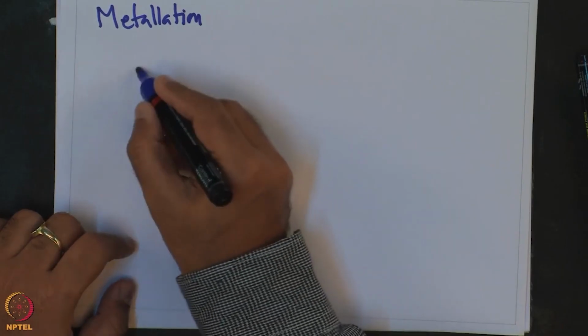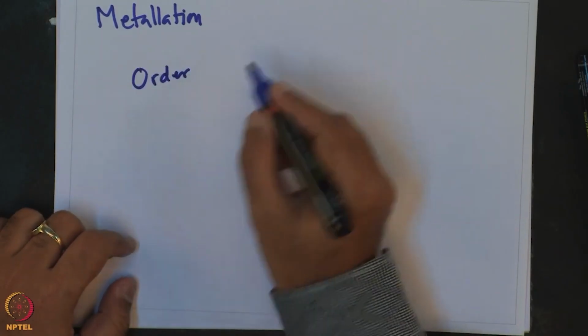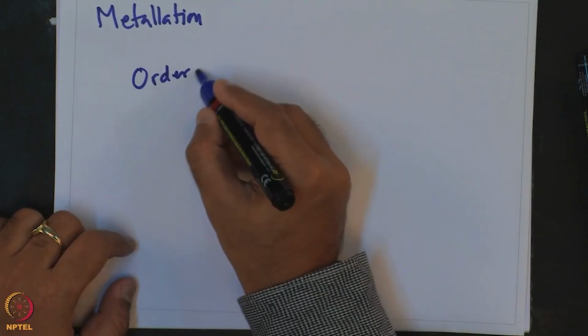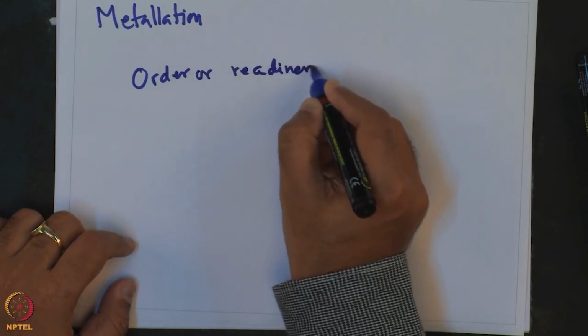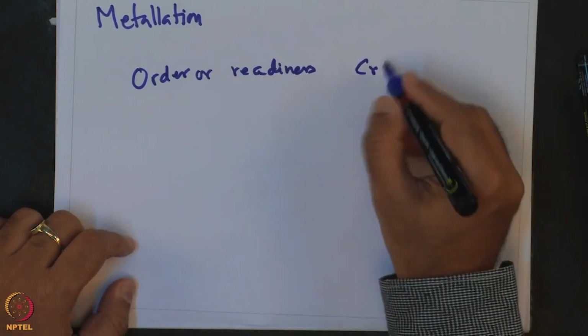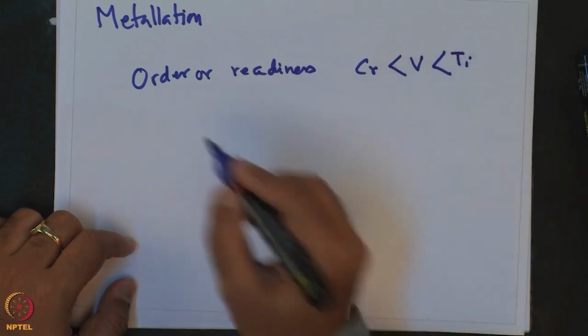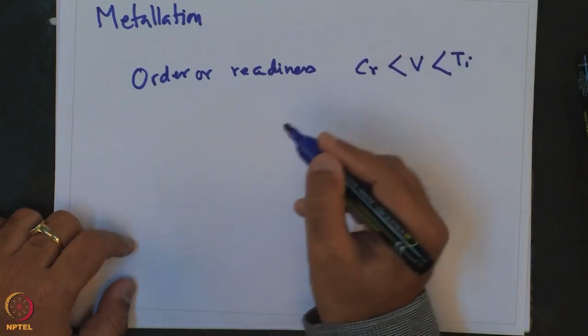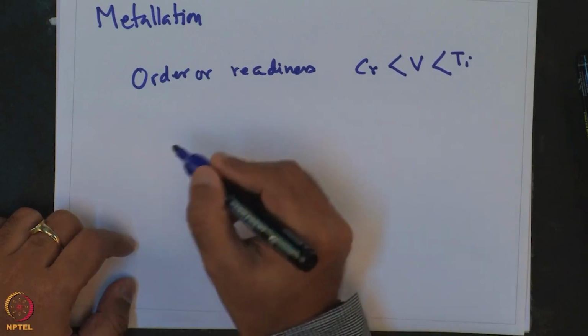So, order of readiness: chromium, vanadium, titanium. And for the mixed Cp C7H7 type complexes,